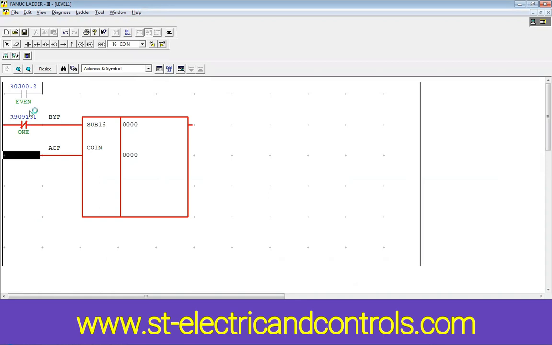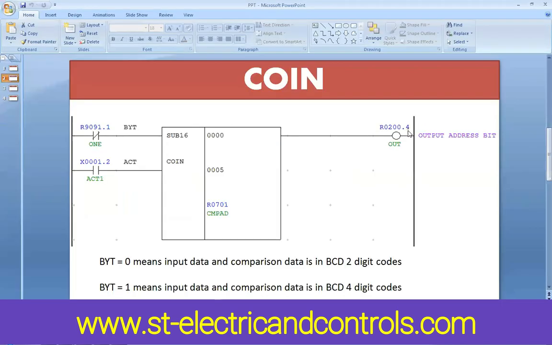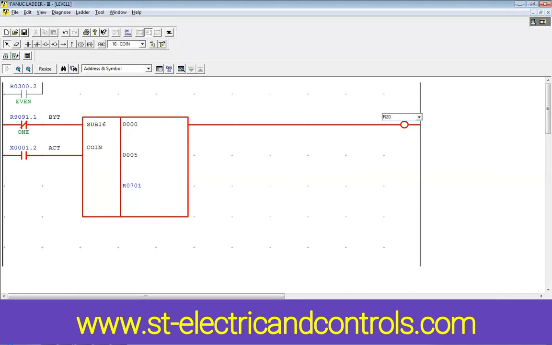And for ACT, when you want to turn this on, you add an input. For example, when this input is on, this instruction is executed. Here the output. Now it is all 0, so the last 0 is there. I can enter the value directly, 5, and the R701 output address, and this is the output bit. Example R200.4.